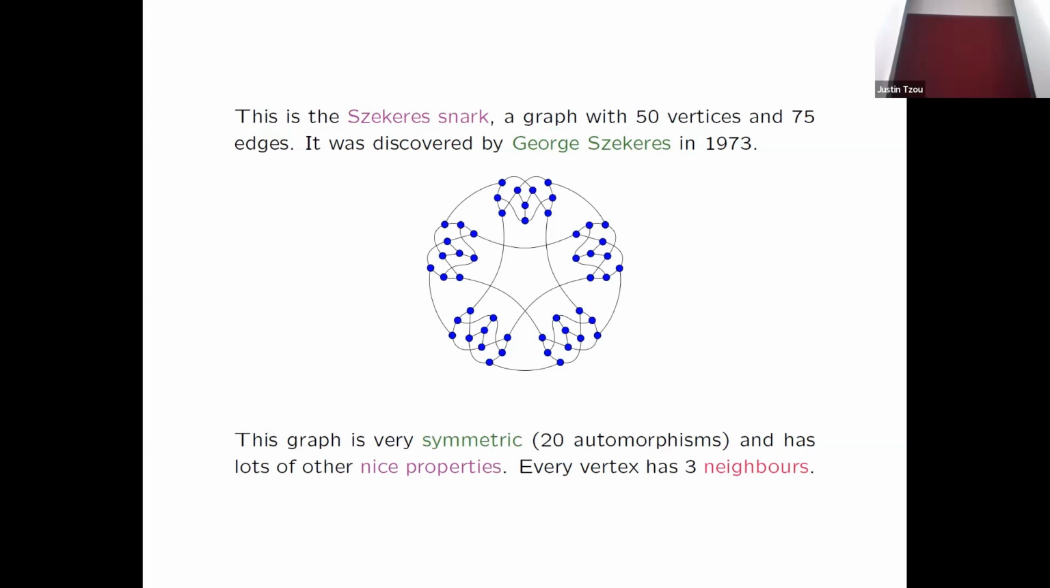And one thing I'll also mention is every vertex has exactly 3 edges coming out of it. So every vertex has 3 neighbors. And we will also say later that every vertex has degree 3. This is the last time you'll see such a